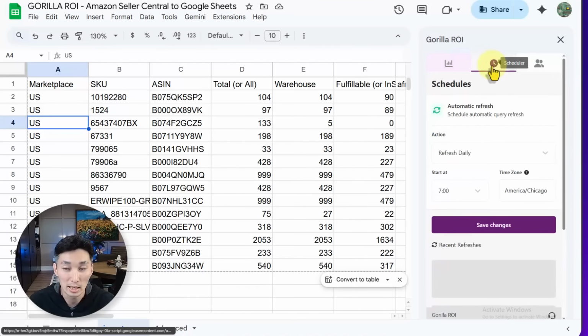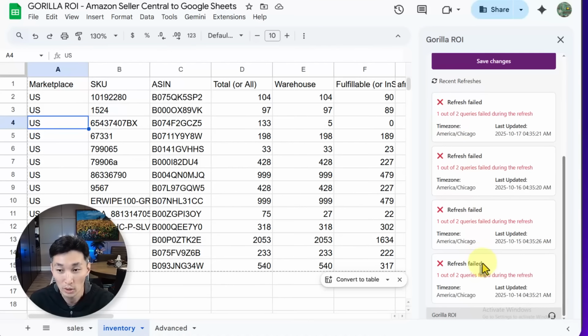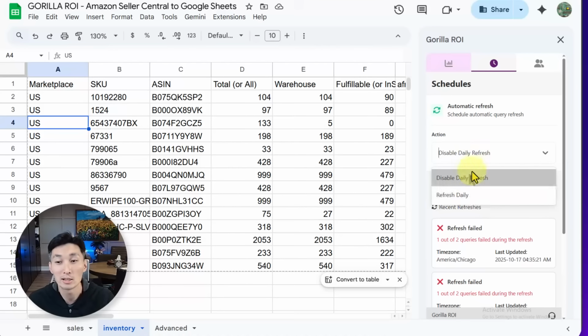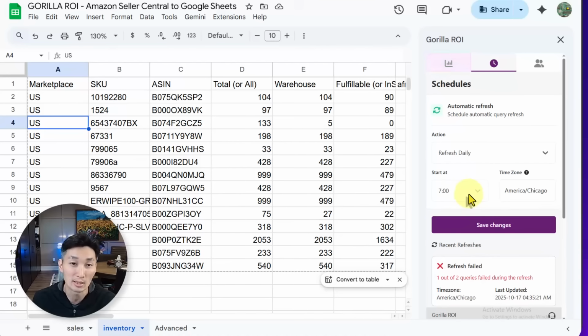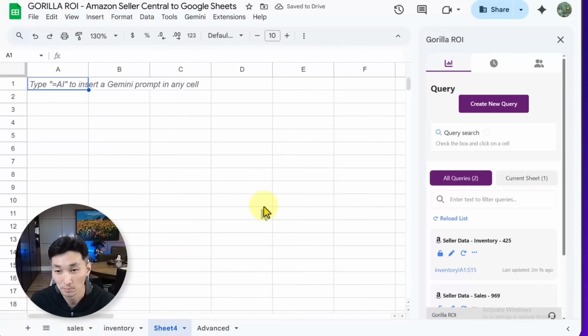So from here, you can set your scheduler and you can set it to whether you want to refresh something daily at a certain time. And if anything fails, it will alert you and notify you. Or you can set it to just disable it if you've got, again, something that doesn't refresh regularly so that you can save your quota in terms of just keeping your spreadsheet as simple as possible so that you're not constantly, say, churning things out and just slowing and really making your spreadsheet sluggish. That's what you want to avoid. Just best practice. Try to keep it as clean and simple as possible.